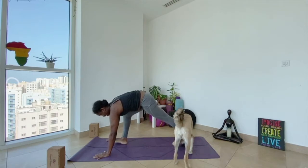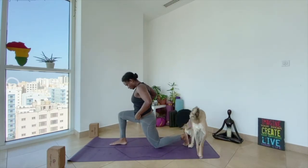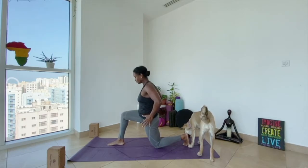Step the foot in between your hands. Drop the back knee down and inhale. Rise into a low crescent lunge here. So drawing your right hip back, left hip forward so that you're scissoring the inner thighs together. We're